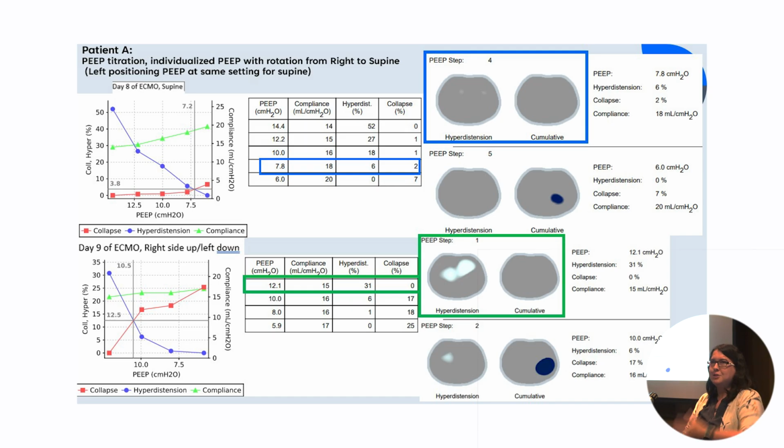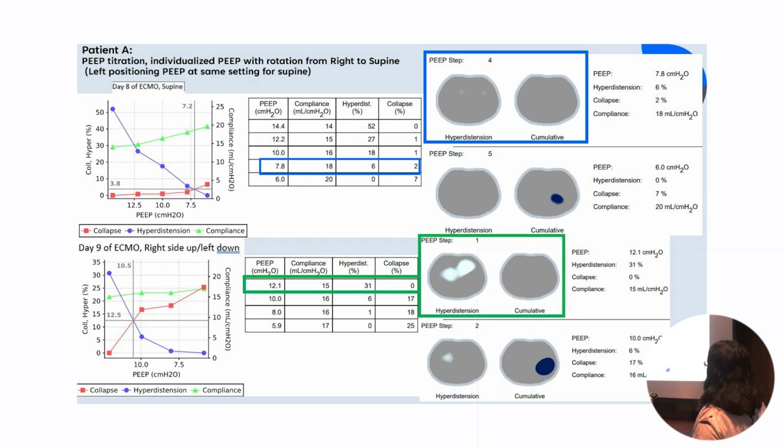So now I've shown you the pot of gold, now let's chase the rainbow, okay? This is the patient on day 8 in the supine position. So all of this is for day 8, and then day 9, we started to track when we would go to the right side up. So you can see again, here's your graphic that you're given, here's your numerical table, and then here are your